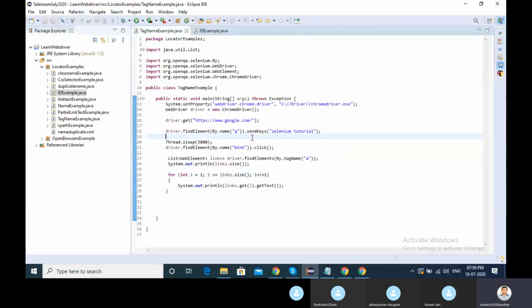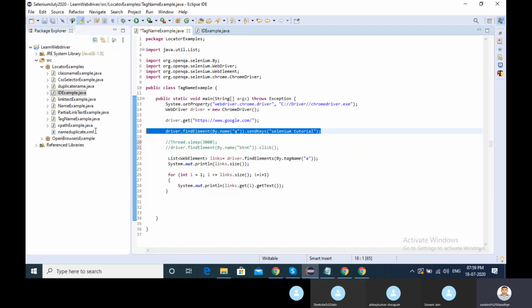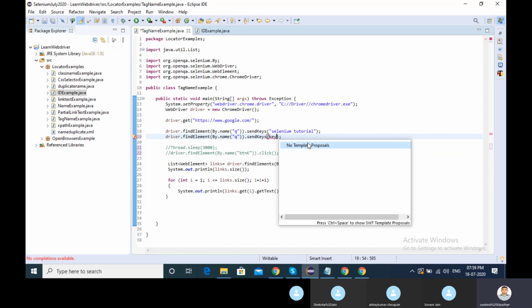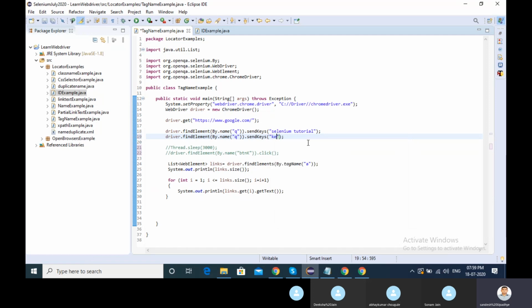One more thing, if I don't want to click on this button, there is another way. You can put it like this as well. If I provide Selenium tutorial, then keys, one second.